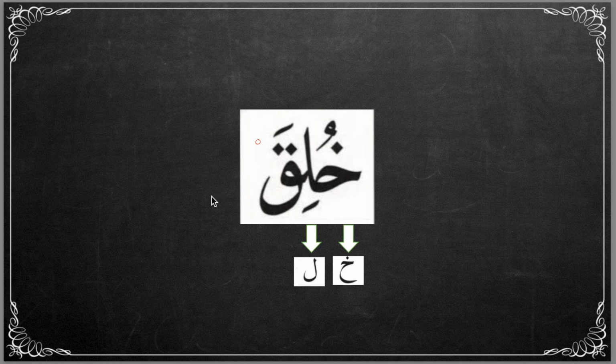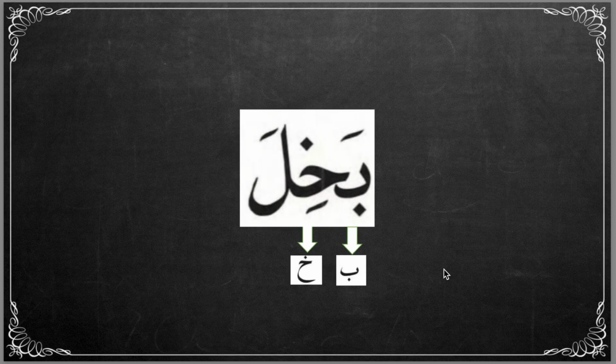Very good, alhamdulillah. Now, let's look at the next word. The next word, we have a ba with a fatha, where we are only seeing the stem and the dot at the bottom. Ba. Kha with a kasra, where we are only seeing the head of the letter kha. Khi. And then we have letter lam with a fatha, la, in its full form. All together, ba, khi, la,